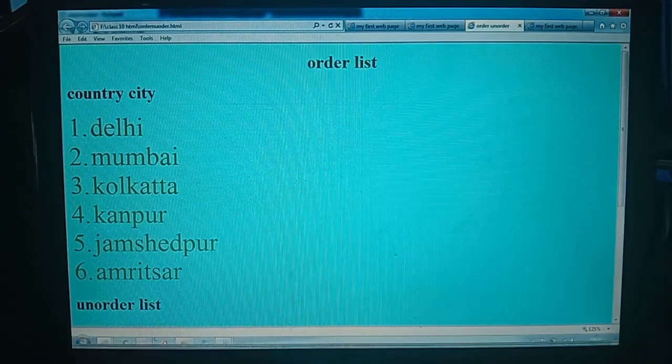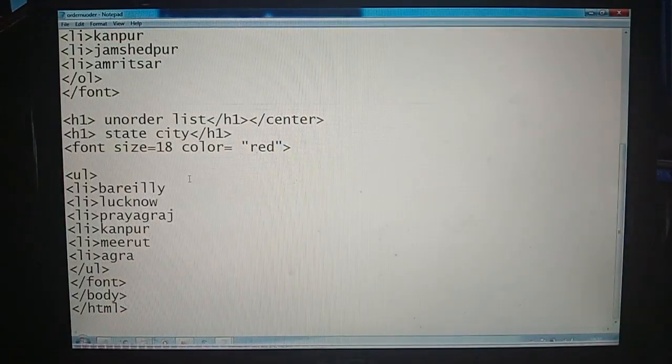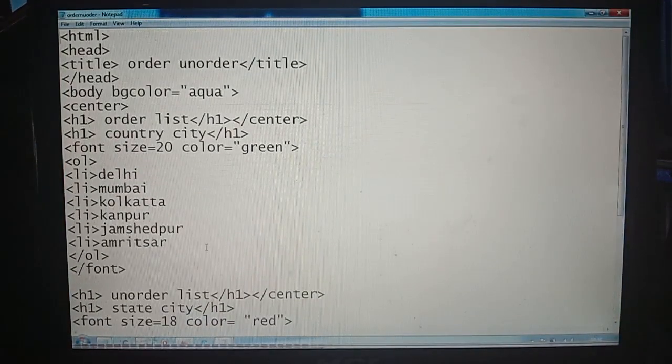Just go to the main document and we'll type here. First of all, we should use the tag. Which tag? The ordered list. We have to mention the ordered list and define the other attributes, like type equal to.